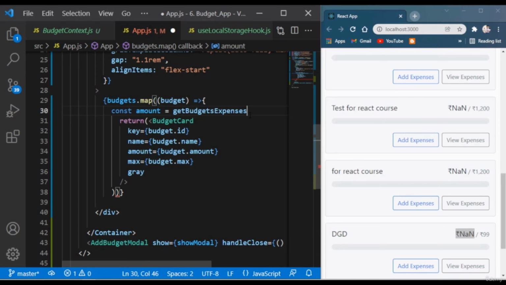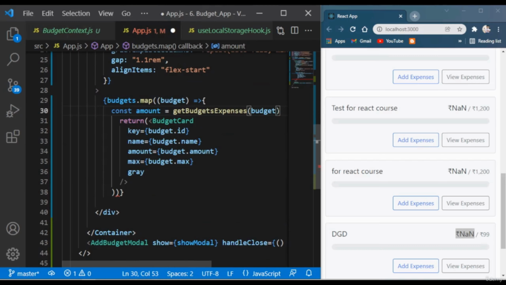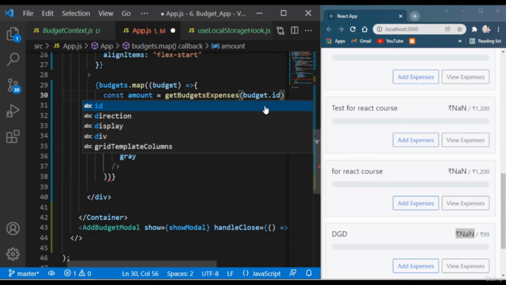So this function will take the current budget id. And why will it take the current budget id? Because we are passing the id, and it is returning our expenses dot filter. It is filtering by the id and giving the addition of all the expenses. Now I will get budget dot id, and inside this id it will be reduced. Now how can it be reduced? I will simply type dot reduce,